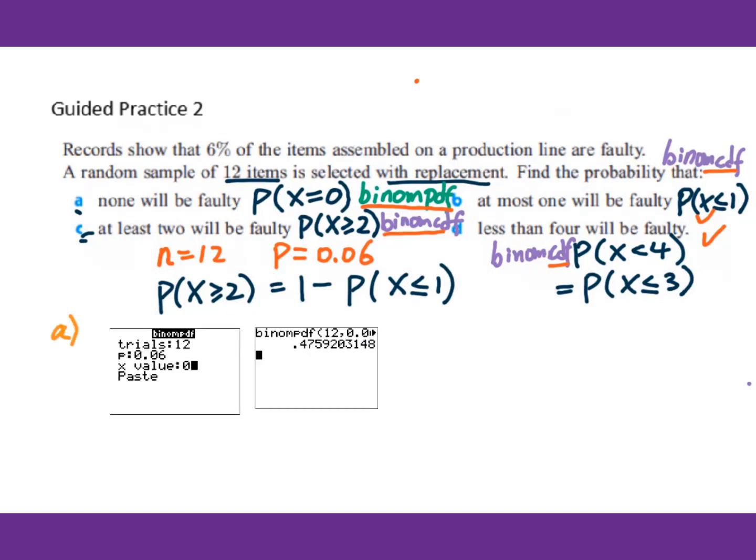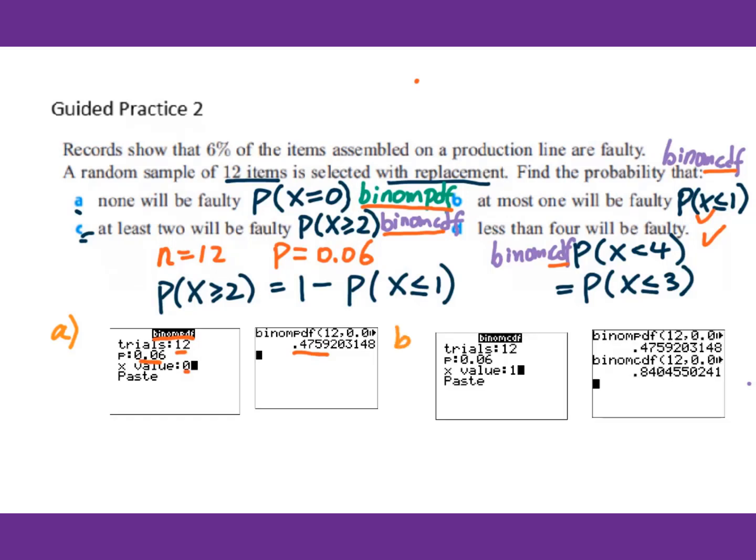For A, you need to go to binomial PDF, then plug in trials 12, probability 0.06, and the X value will be 0. You will get 0.476 as the solution. For B, you have to use the binomial CDF. The X value will be 1. Your answer will be